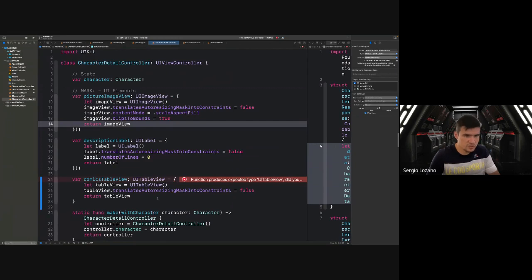So what we can do is create an extension of the character detail controller and say this is going to be a UITableViewDataSource. So this is going to be someone's data source. And in this case, we're going to say tableView.dataSource equals self. So this is going to complain because actually I'm creating this through a closure, so this doesn't have access to